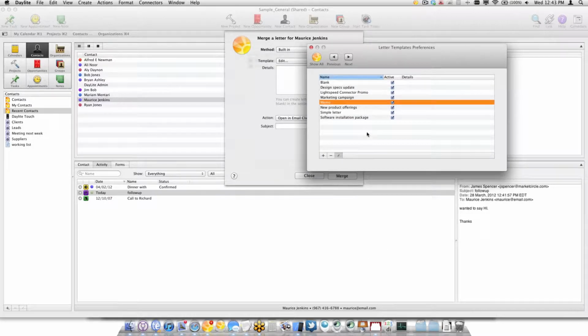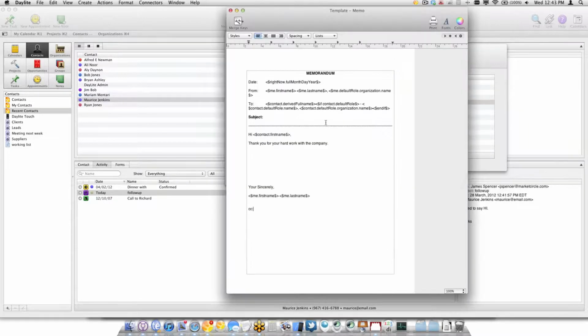So what this is, a predefined template with what we call merge keys. And what the merge keys are, tokens. So that way this information is pulled from Daylite. The simplest example: instead of just saying hi with no name, you can actually pull in the contact record's